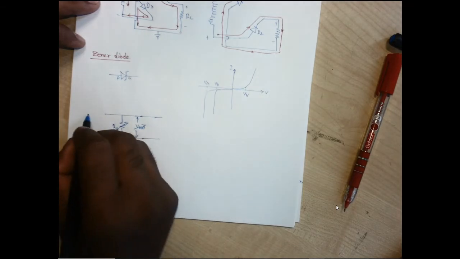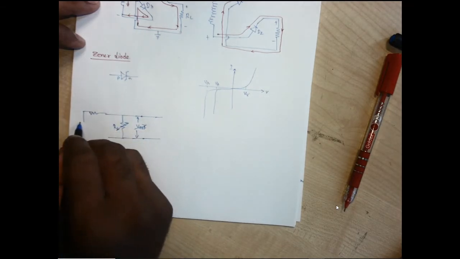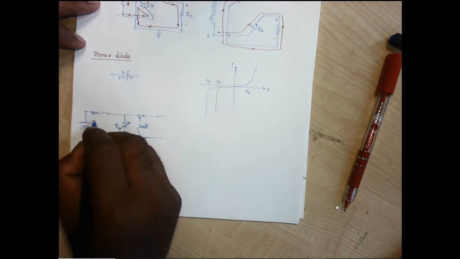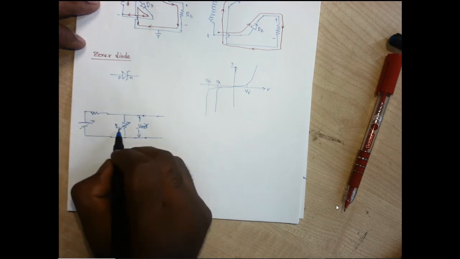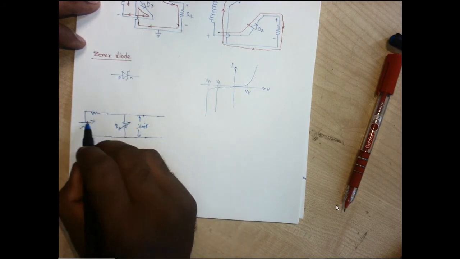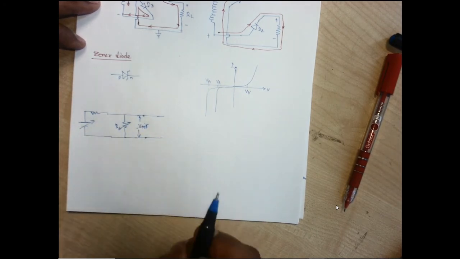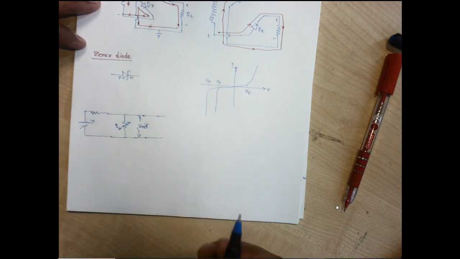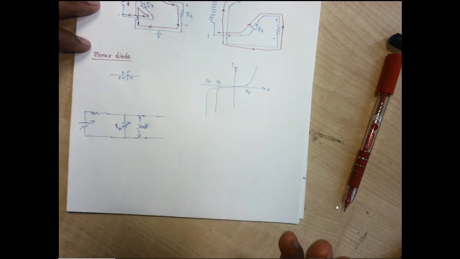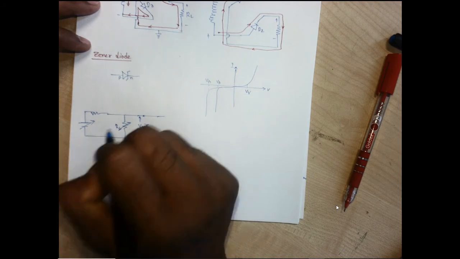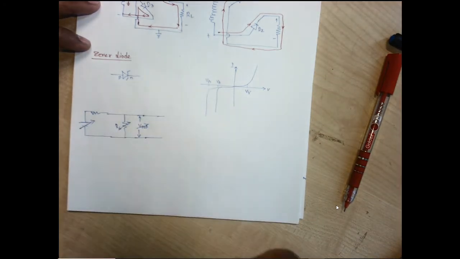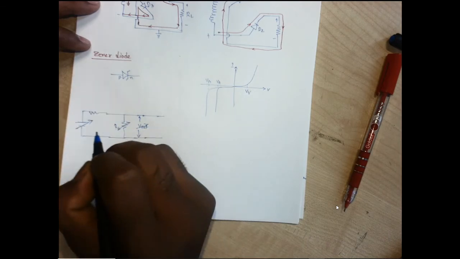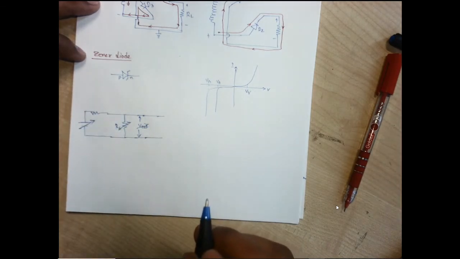Another part: whatever the source is connected, let us consider some DC source has been connected, that may also vary. So if this Vs is varying, obviously this V out will vary, because some drop will come across this RL, and that RL will have a varying amount of current, and that varying amount of current will produce a varying amount of voltage. So we need to have this V out constant throughout the operation, whether our supply voltage is varying, or the load which has been connected is varying.